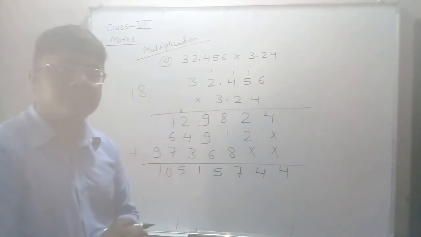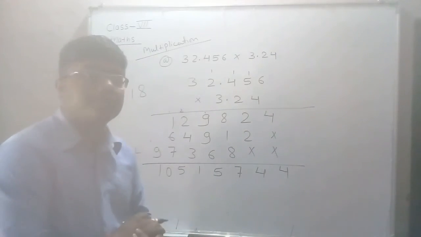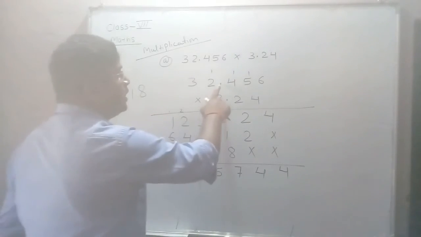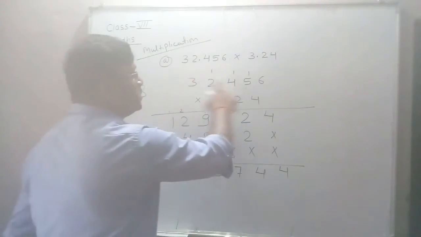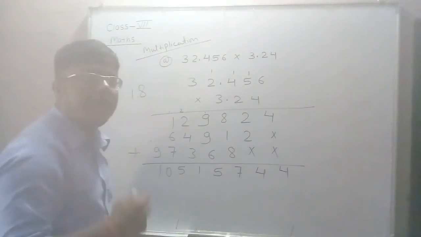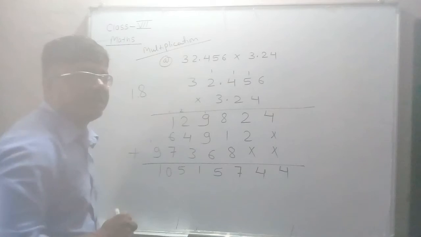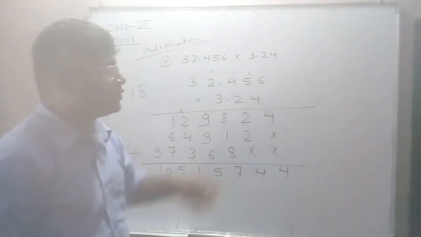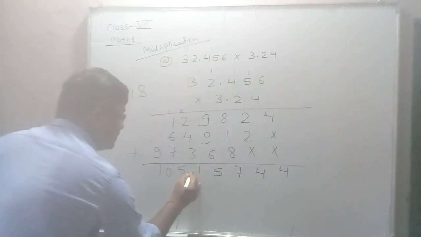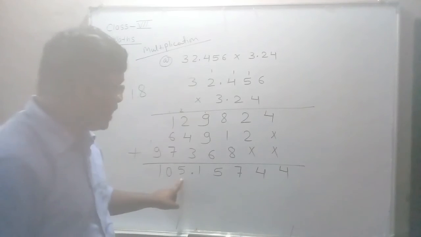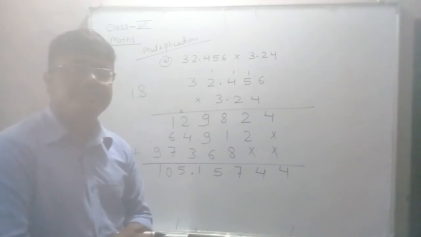As we have heard, there is no decimal. So now after multiplying it, you have to put the decimal here, but where? Okay, so what you need to do is count. After this decimal, how many digits are there? 1, 2, 3. In the first number there are 3. After the decimal there are 3 digits, and in the second number after the decimal there are 2 digits. So altogether how many digits are here? 1, 2, 3, 4, 5. So altogether there are 5 digits. So count from here: 1, 2, 3, 4, 5. Put the decimal here. Your answer is 105.15744. Okay, so this is your answer.